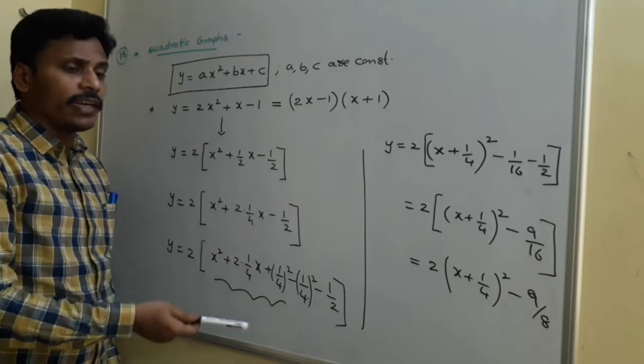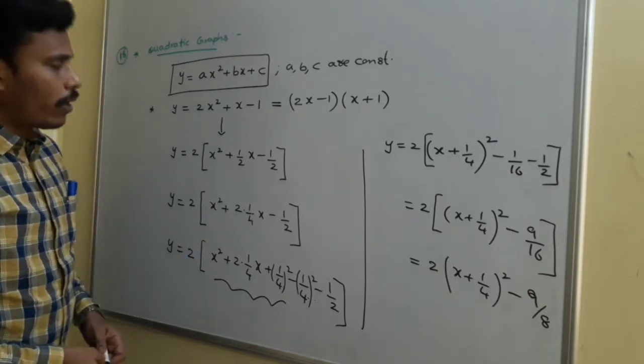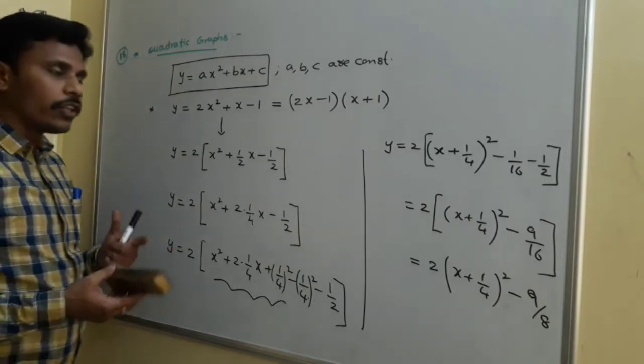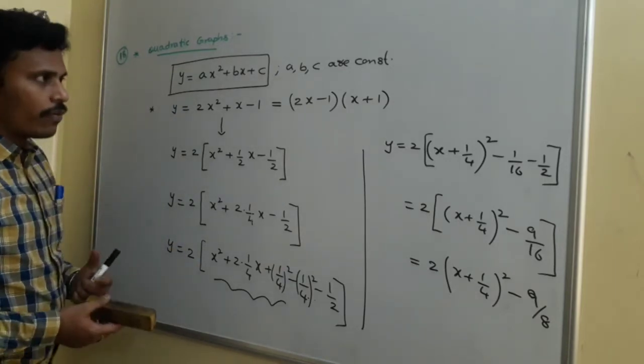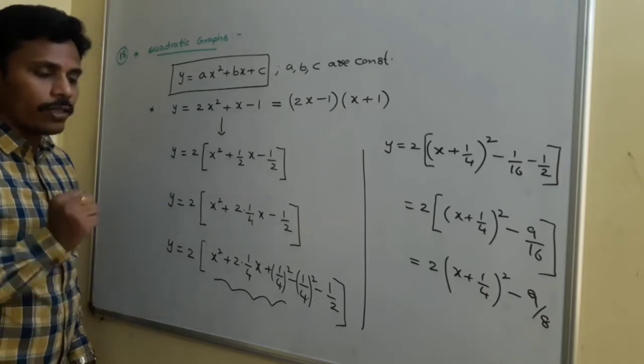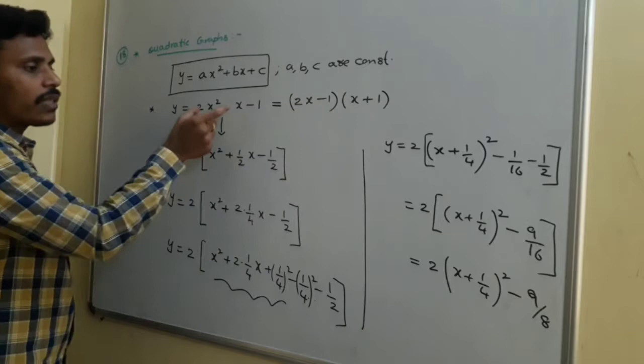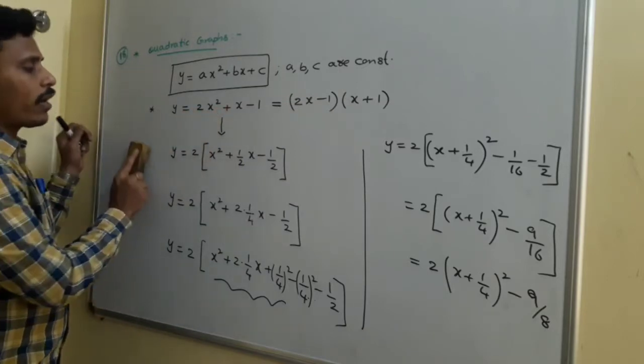Because we already did the perfect square method of solving a quadratic equation. So if you have any quadratic equation and want to sketch its graph, first of all you need to analyze the graph algebraically in two ways. One way is factorization, and the other way is perfect square conversion.